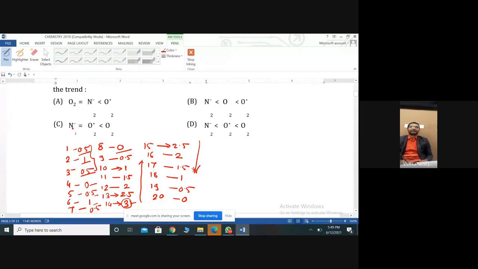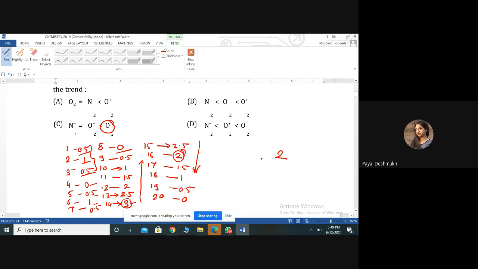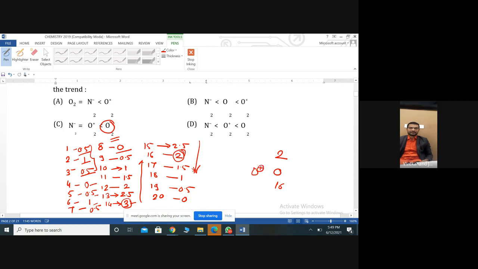Now, here we are having this O2 molecule. Check this. How many electrons are present in O2? 16 electrons. And if we are having 16 electrons, what should be the bond order? 2. For oxygen we are having 16 electrons. If a plus charge is present on oxygen, we have to add an electron or minus? Minus 1 electron. So how many electrons are there? 15. For 15, what should be the bond order?